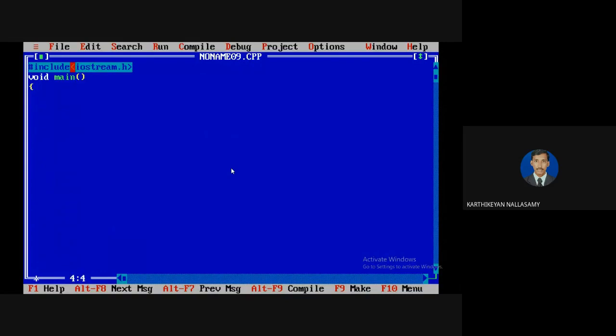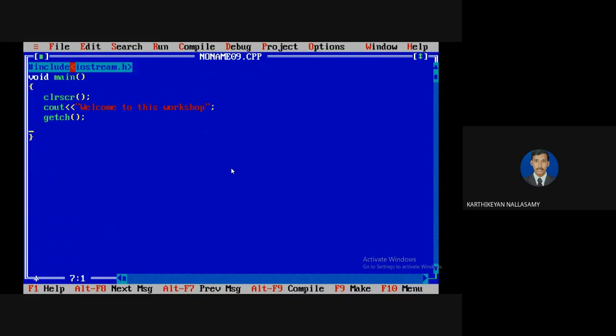Here I'm going to display the output as welcome to this program, welcome to this workshop. Then getch, and I'm going to execute it.